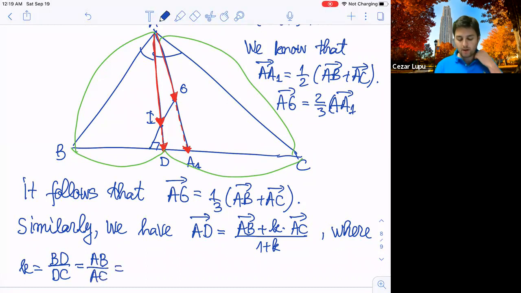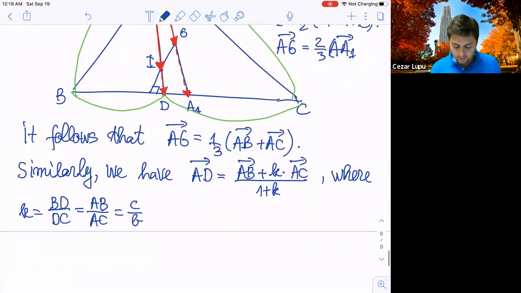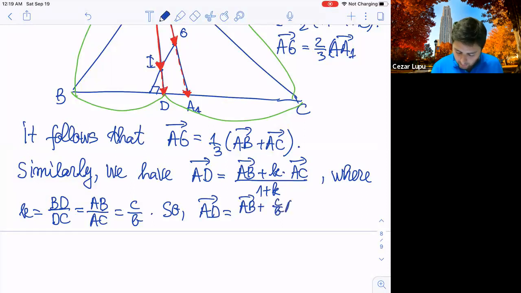Or with the standard notations for the triangle, this would be C over B. So this will imply that AD vector is AB vector plus C over B AC vector times 1/(1 plus C over B). Anyway,